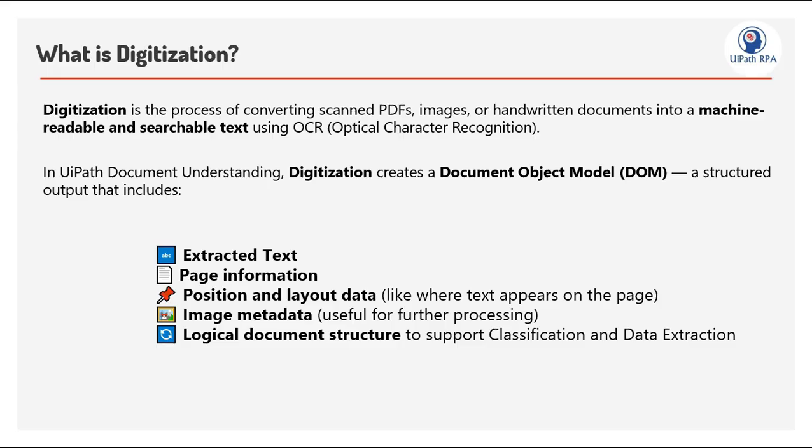Imagine your company receives hundreds of hard copy documents, invoices or purchase orders, on a daily basis, and you need to process these documents with UiPath automation. So, what is the first step? You scan it or take a photo and store it in your computer. Now it becomes digital, correct? Even if it becomes digital, your computer can't read the document until you use software to read the text from the scanned or PDF images. And that's exactly what the digitize step does in Document Understanding. It uses OCR, optical character recognition, to digitize the documents and convert them into readable and searchable text.